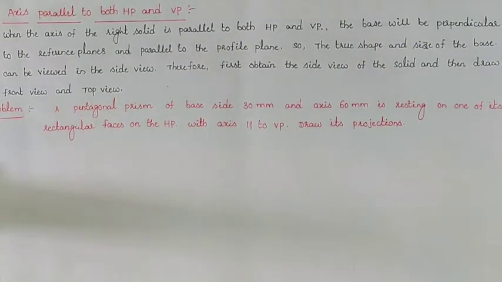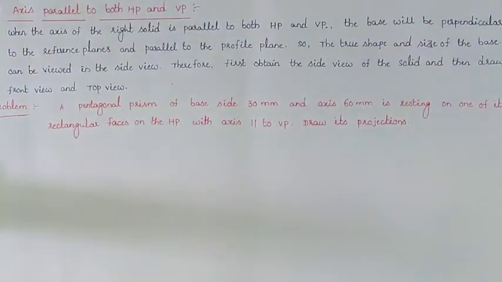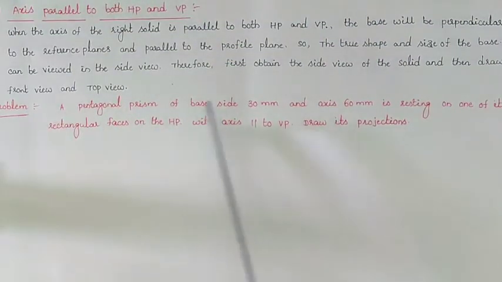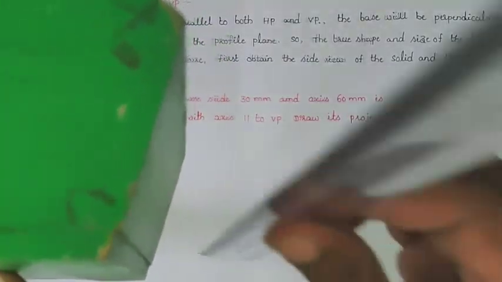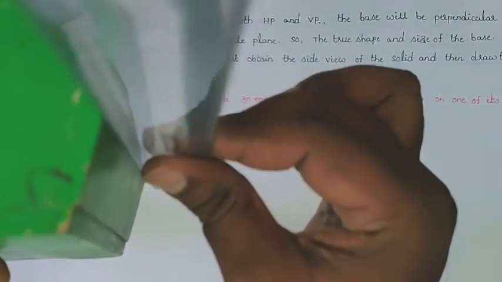Coming to the next problem, axis parallel to both HP and VP. So suppose I am taking a pentagonal prism. So this one is an example for a pentagonal prism, where a pentagonal prism of base side 30 mm, they are giving the base side. So this is the base, and also this is the top base, and this is the bottom base. So this side length is, they are giving 30 mm in the problem, and the axis side, through the top base and bottom base, they are giving 60 mm,